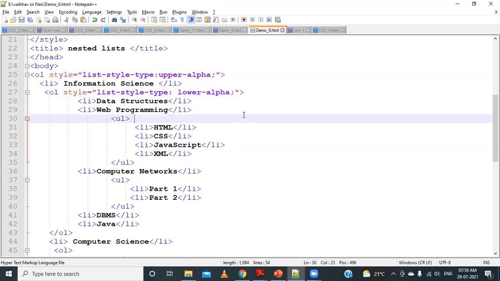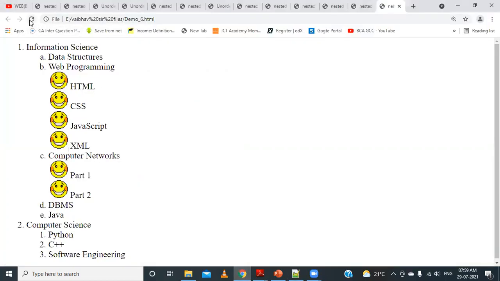Now if we observe this, we can see that A information science and B computer science is being changed in this way.